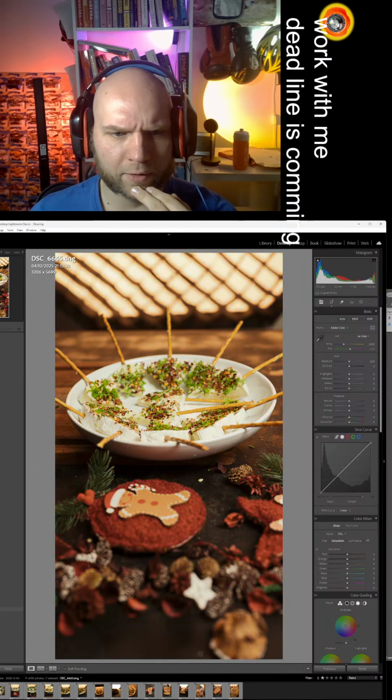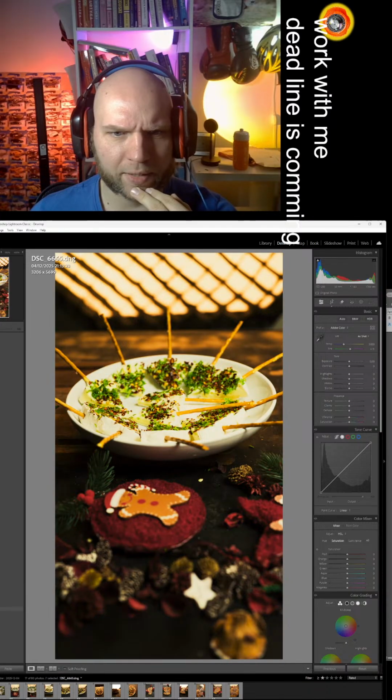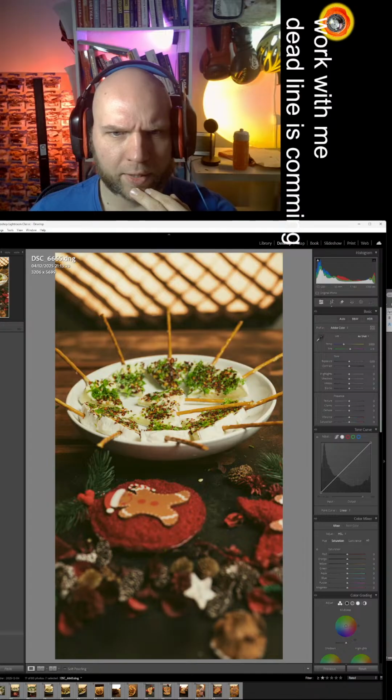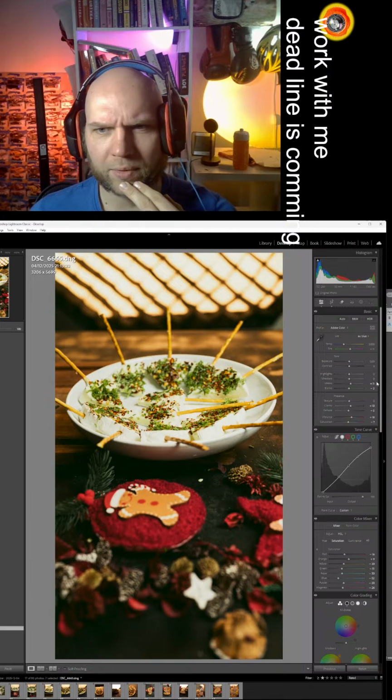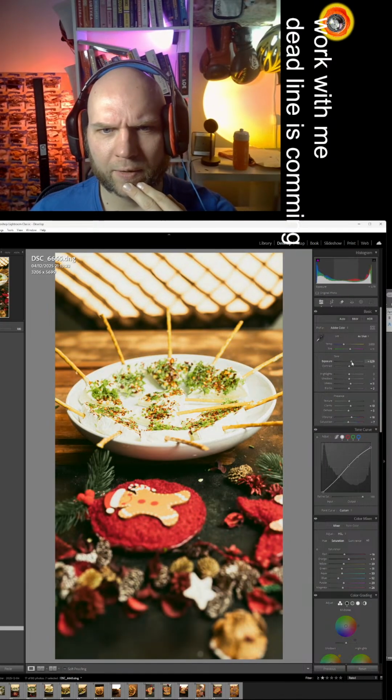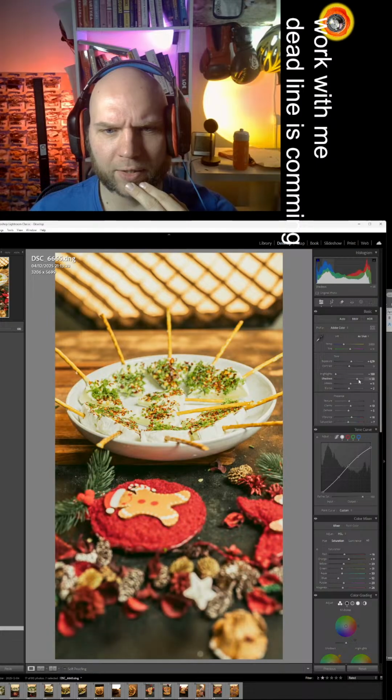If I do not find something from presets, at least some base, then I will create my own preset. For example, this one, it's a little bit dark. Let's make it brighter. Cut the highlights like this, shadows a little bit up.